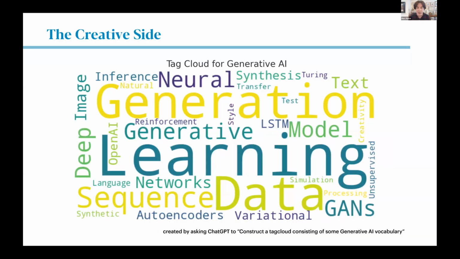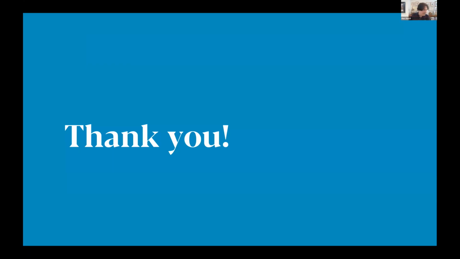But you can have fun with AI as well. For example, in putting together the material for our training class on AI for BAs, where you get to try to do all these kinds of things in a hands-on setting, one of the things I said was, can you give me a tag cloud for generative AI? There it is. All right. I just simply said, construct a tag cloud consisting of some generative AI vocabulary. And then, of course, as you'll see in the book, I also asked it, oh, give me definitions of all those terms.